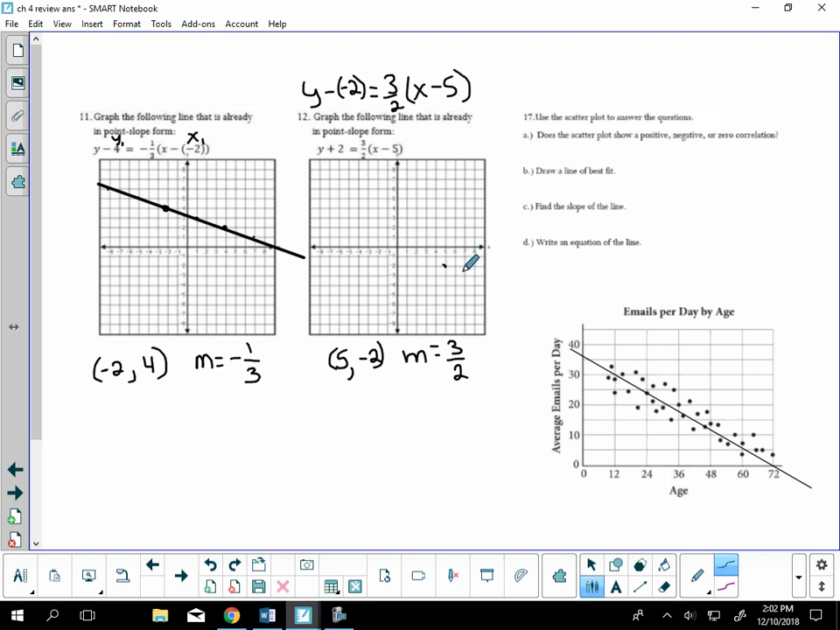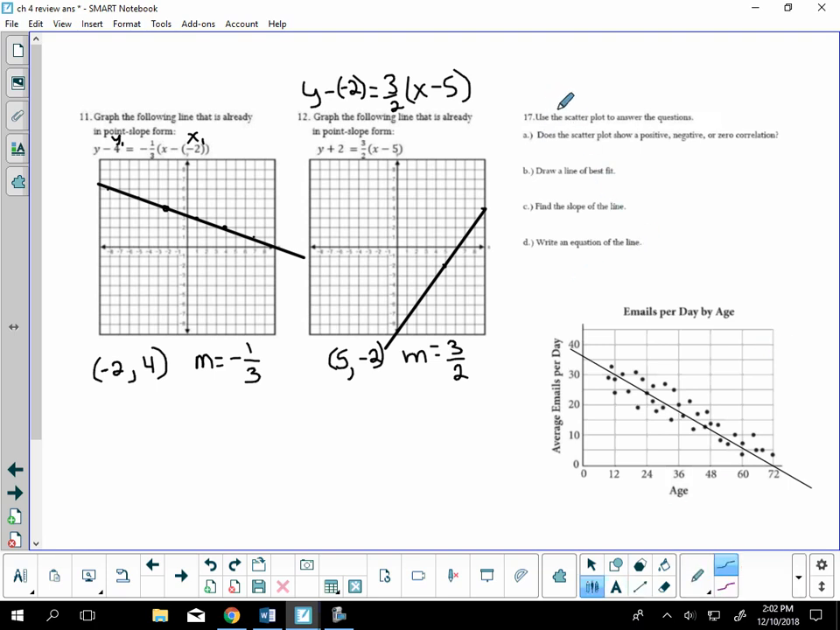And my slope is 3/2, so up 3, right 2. Up 3, right 2. And go ahead, draw our line through those points. Should look something like that. All right,